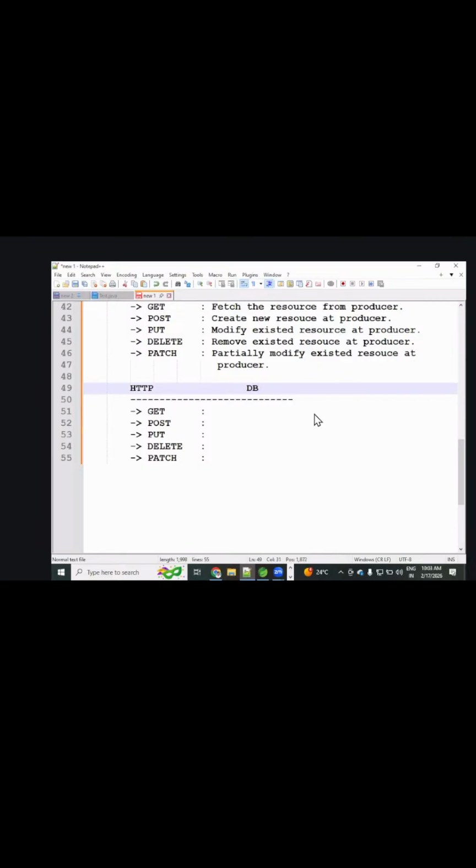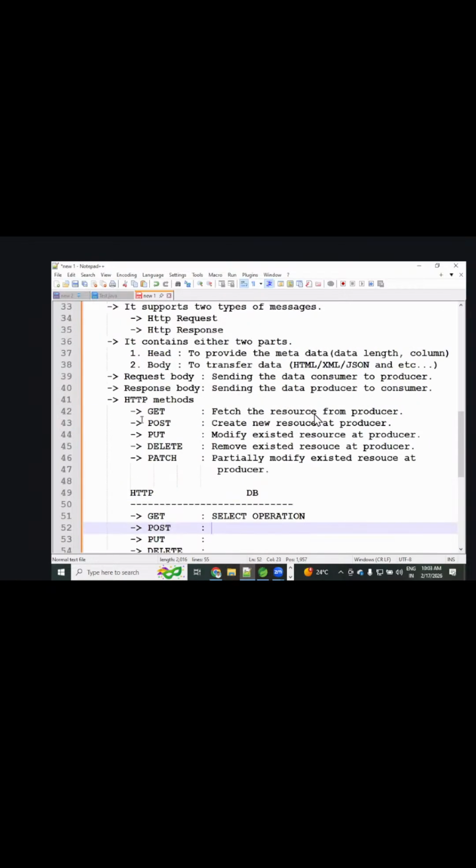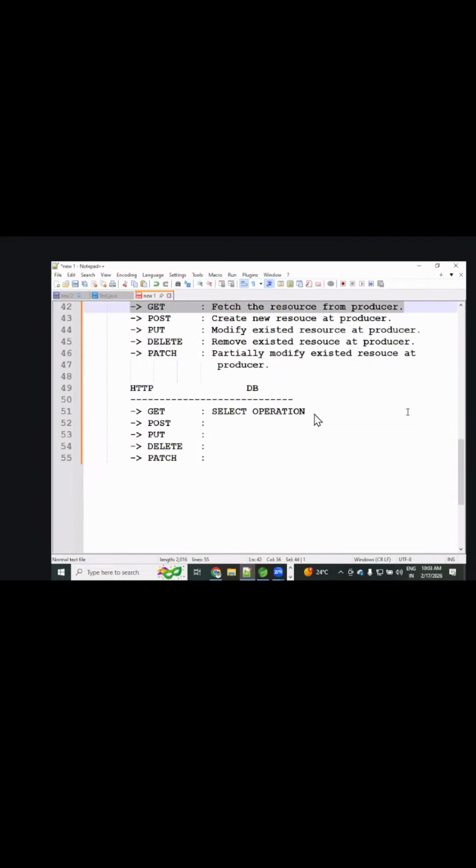In the database side, the get method performs what? Select operation. Post performs what? Observe. Get means fetch. In the database point of view, fetching is a select operation. Yes or no? I'm talking about with respect to the database, not in general.